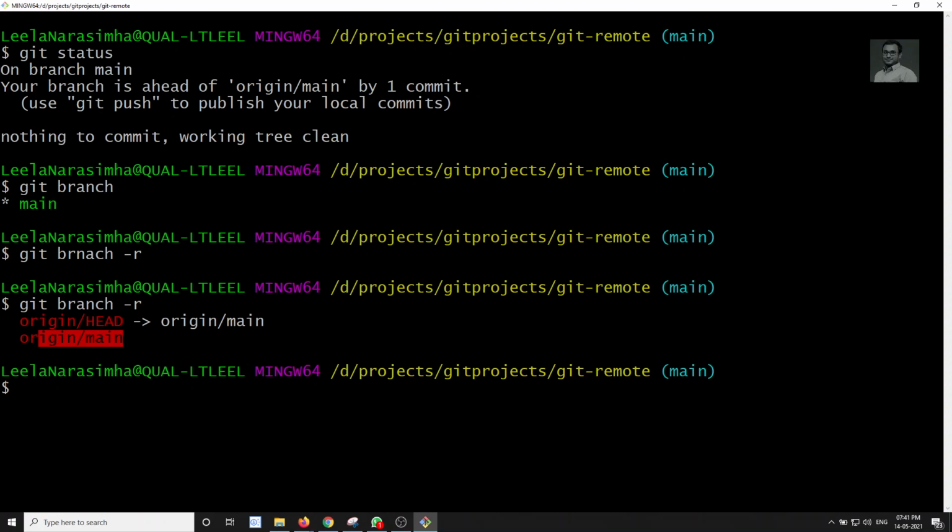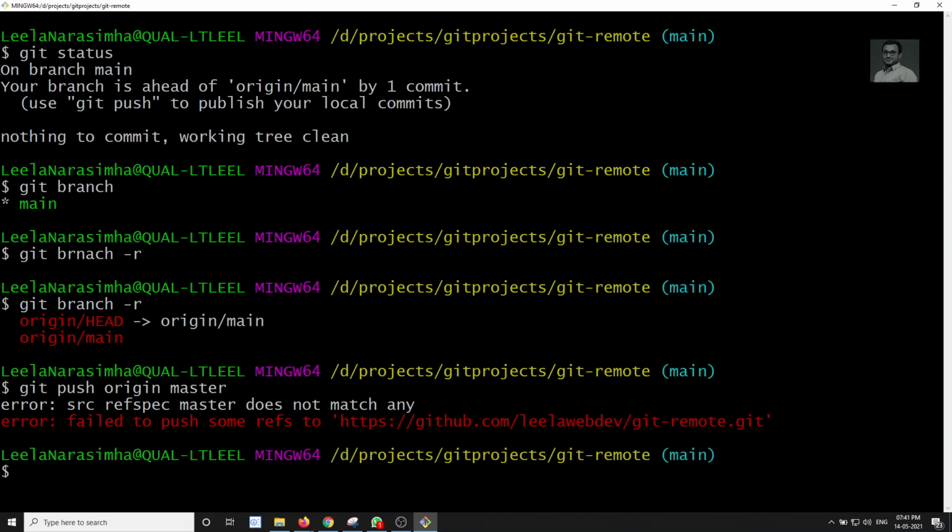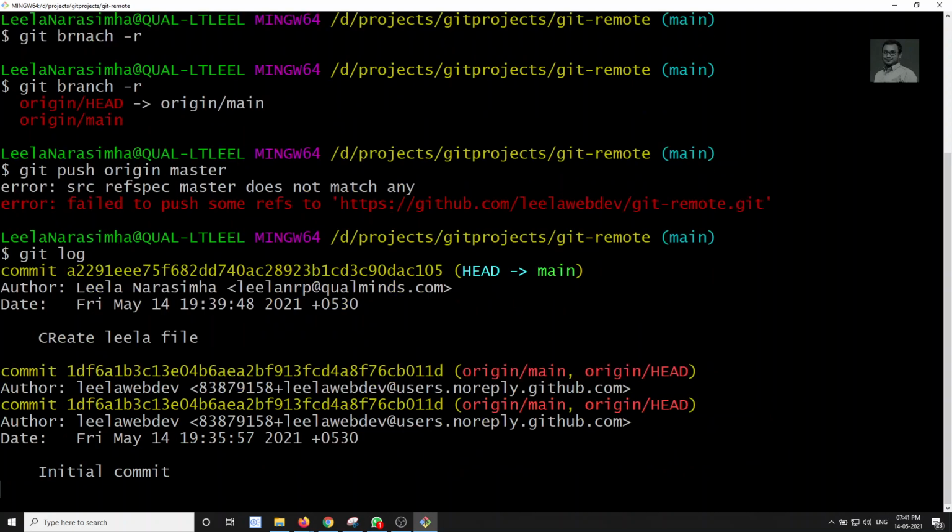Okay, so whenever it is ahead of origin main, we will do git push origin master. So we will push this one. Now when we push here, it says failed to push some refs. So let's check the git log.